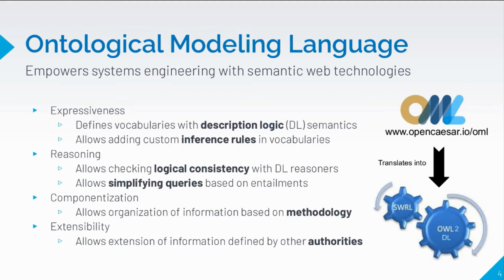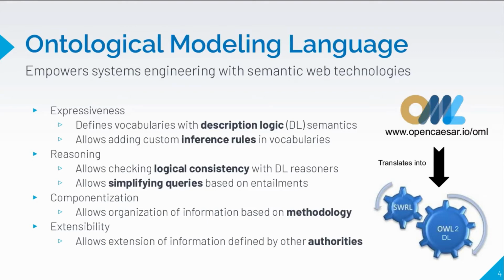Another thing is extensibility, meaning it allows somebody to define some concepts and talk about them, but then someone else can come and extend that and say extra information about them that the original author did not say. Think of this as, let's say you're modeling a system and you can model the nominal scenarios, but then another team responsible for the off-nominal scenarios can come and add extra information about this system.